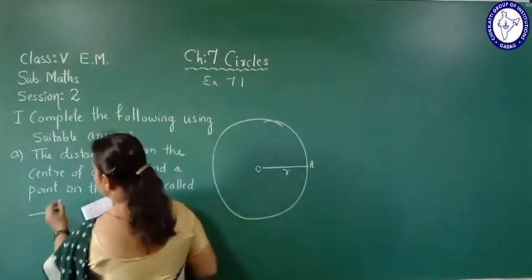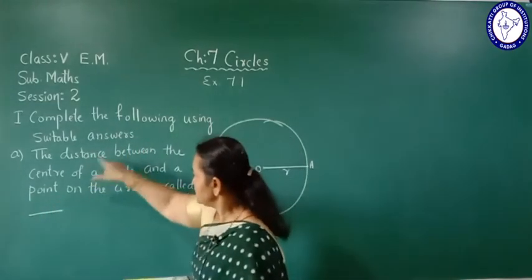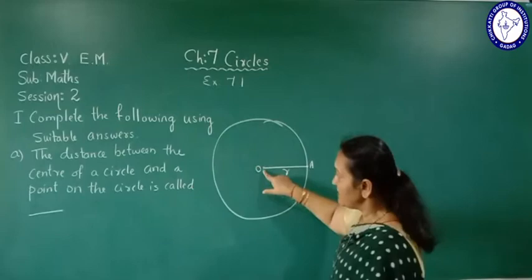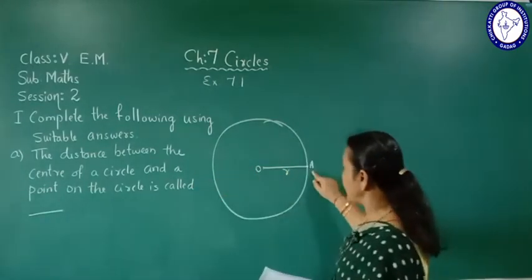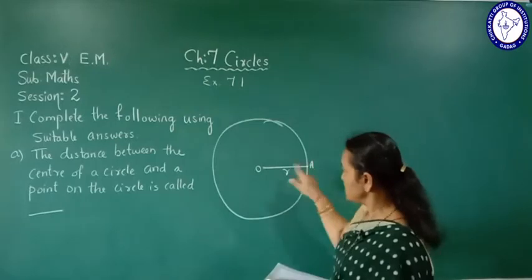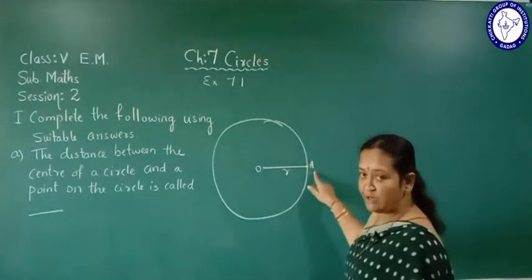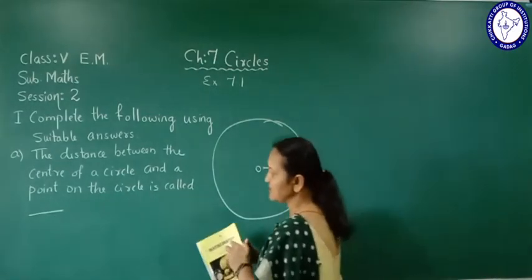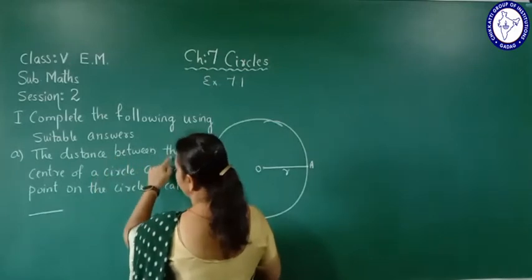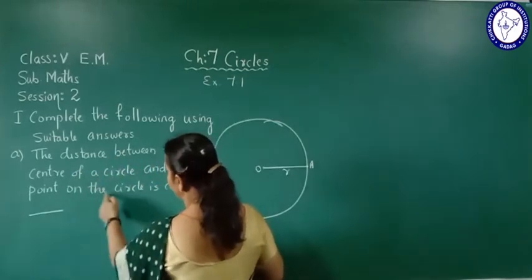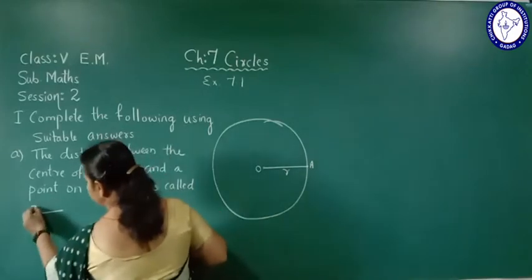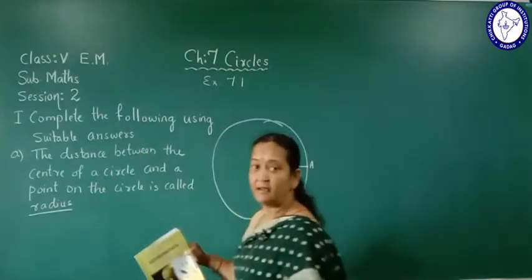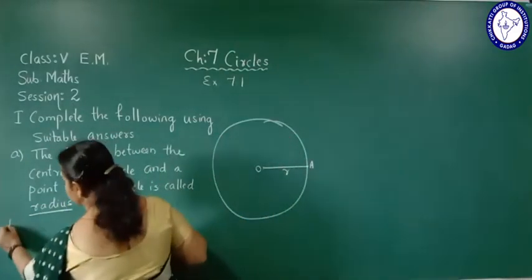Dash. So here the question is the distance between the center of the circle and a point on the circle. Here O is the center of the circle and A is point on the circle. So distance between center of the circle and point on a circle is OA and this is called radius. So answer here is the distance between the center of the circle and a point on the circle is called radius. So here children, in your textbook you should write radius. Okay. Then B question is